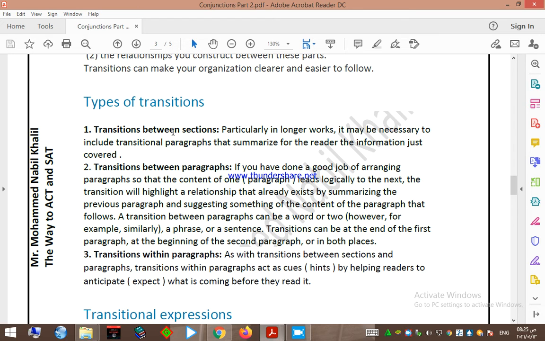Transitions between paragraphs. If you have done a good job of arranging paragraphs and the ideas in paragraphs so that the content of one paragraph leads logically to the next, the transition will highlight a relationship that already exists by summarizing the previous paragraph and suggesting something of the content of the paragraph that follows. A transition between paragraphs can be a word or more than one word too. For example, however,